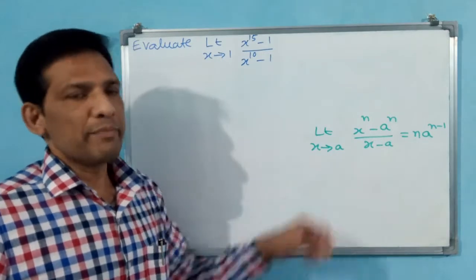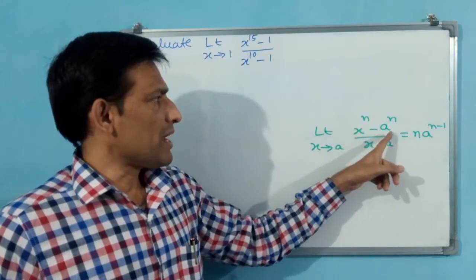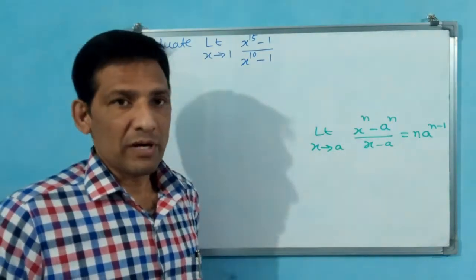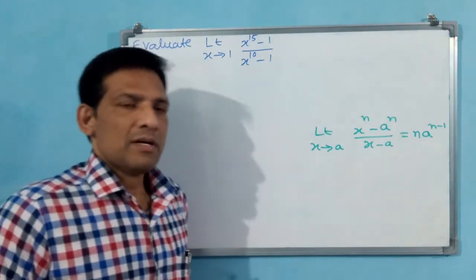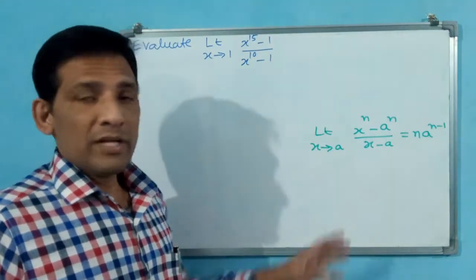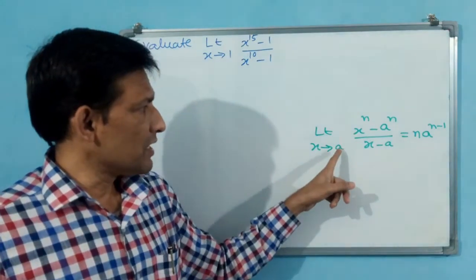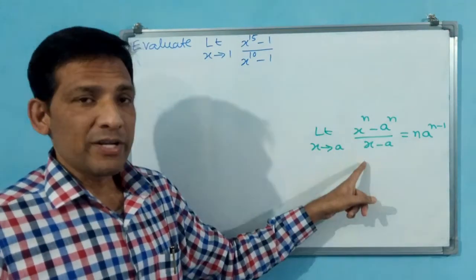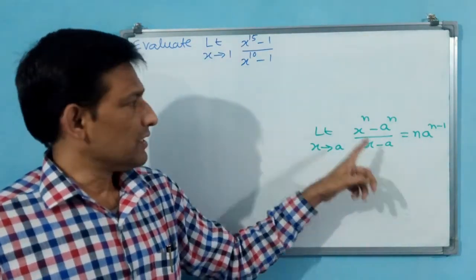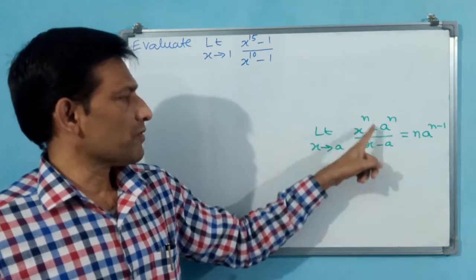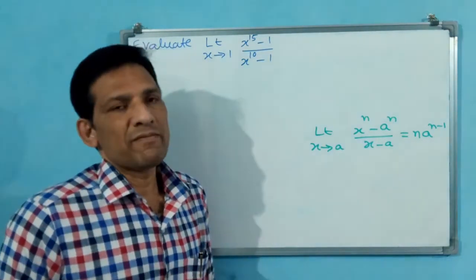Okay, this is very important. Why? Because if you substitute a here, in a power n minus a power n by a minus a, 0 by 0 will come, even in algebra also. Here there is no factorization, direct formula is there, n into a power n minus 1. But conditions apply. Both have to match, numerator and denominator. Denominator also like x minus a, x tends to a, and numerator x to the power of n, a to the power of n, minus, 0 by 0. Then only this directly you can apply. You need not take any factors and all.